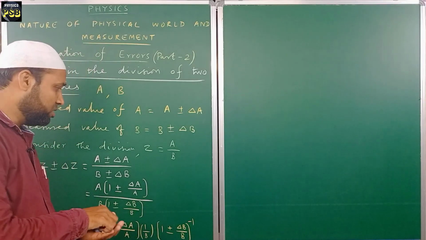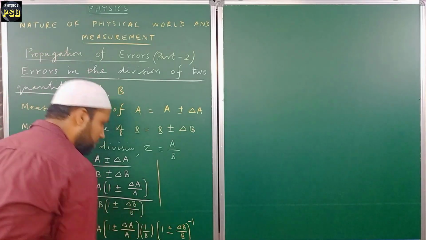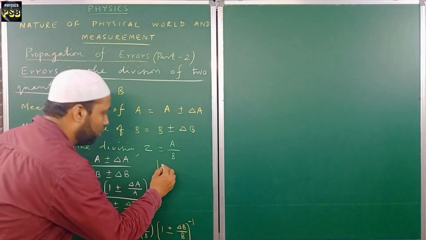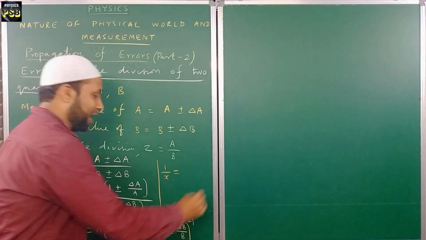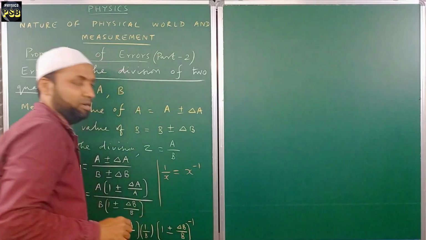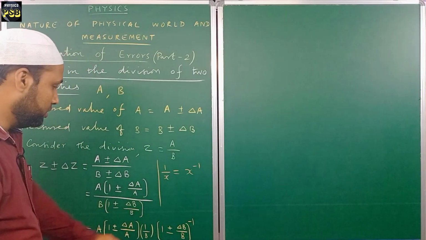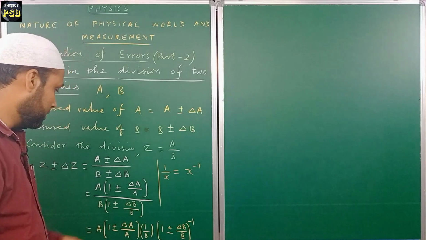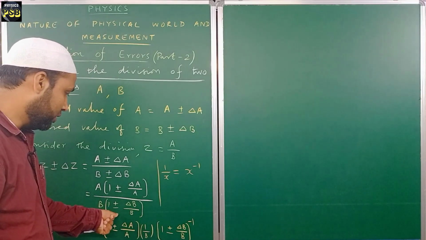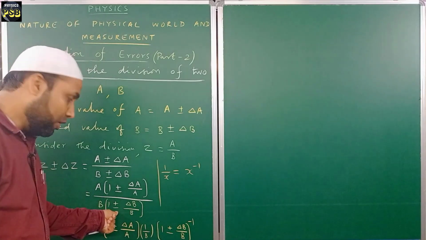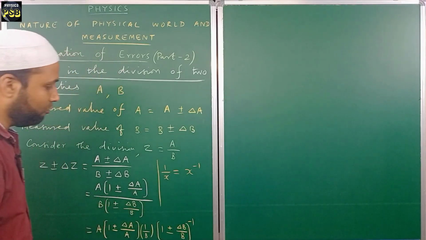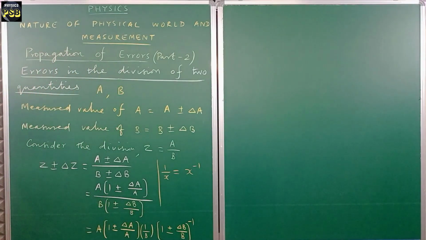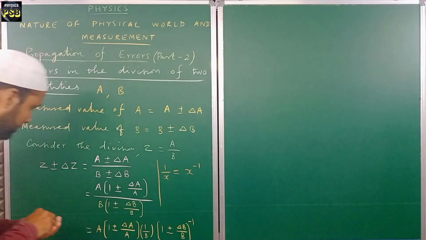What is this? Let me explain this to you with the help of a simple example. If I have 1 upon x, then this can be written in terms of power as x power minus 1. The same thing I have done. It was given in the denominator. When it is taken to the numerator, we have to raise it to the power of minus 1. Now, in the next step,